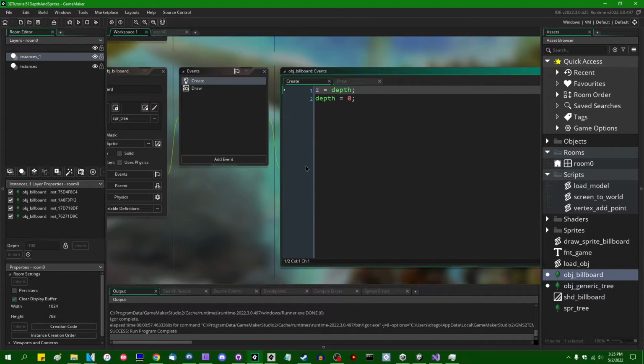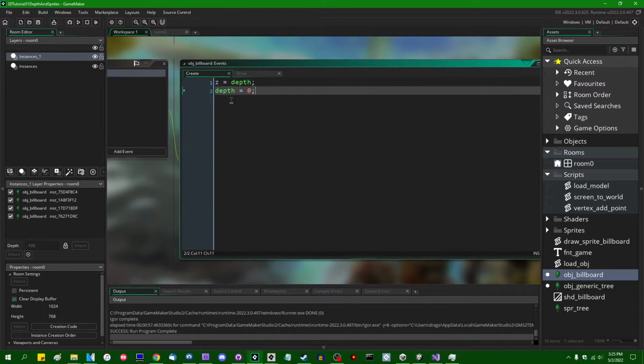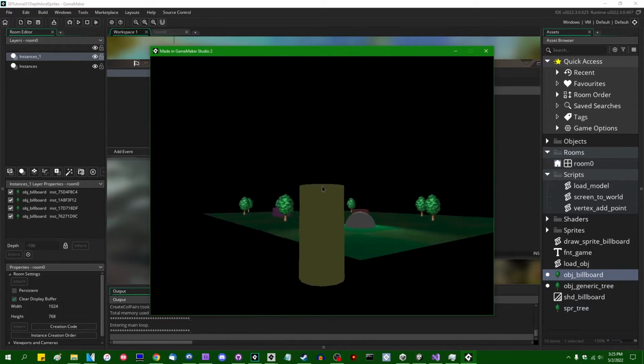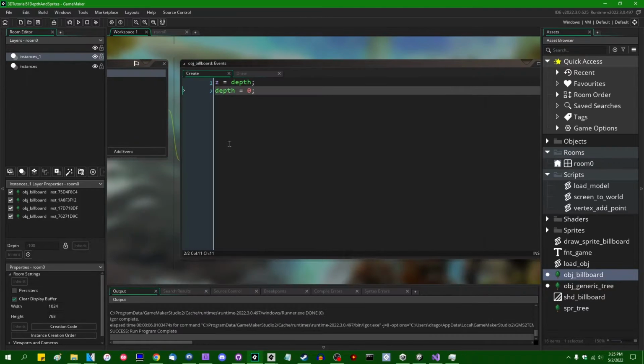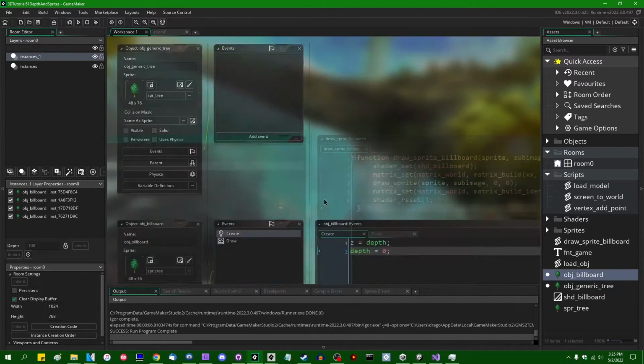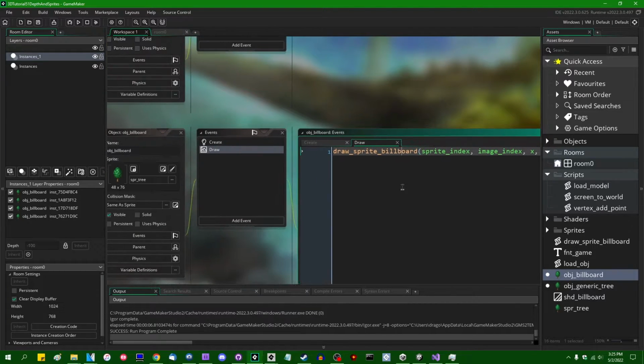If we were to say z equals depth equals 0, as we had at the beginning, this will fix the problem. If you want the trees to actually be drawn at -100, -100, these guys are not being drawn anywhere at all, probably because they are being drawn before the camera. Anyway, that would address the issue, and I'm going to